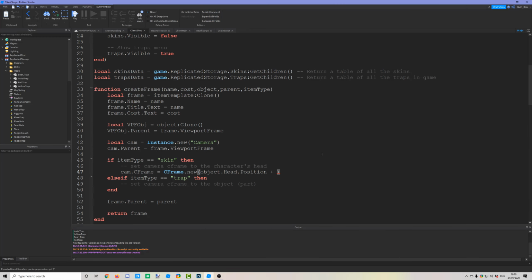So inside of here, we'll do another pair of brackets, and inside of here we'll say object.head.cframe.lookvector. So lookvector is a property of cframe, but it's actually a position value. This probably might be making sense, but if it doesn't, as I said, don't worry, I'll have a cframe video coming out. Multiply that by 5, and then what we can do is add